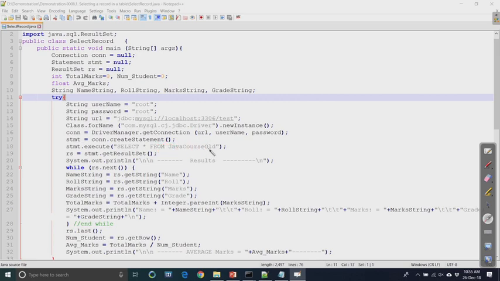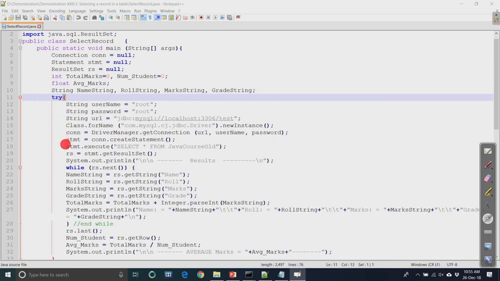So, from this table it will be fetched. If this command is executed, it will produce the result. The get result set will receive the result of the statement object, and it will be stored in another object called RS, the result set object. So, mainly three objects are involved: the connection object, the statement object, and the result set.